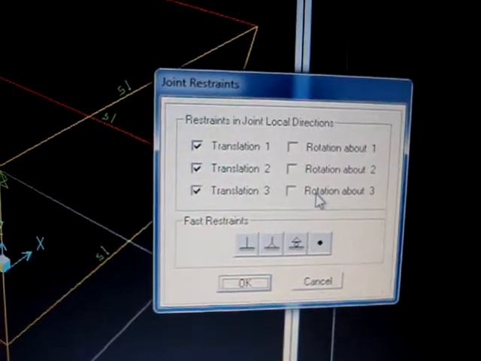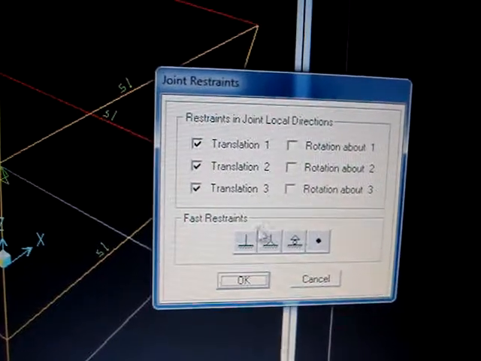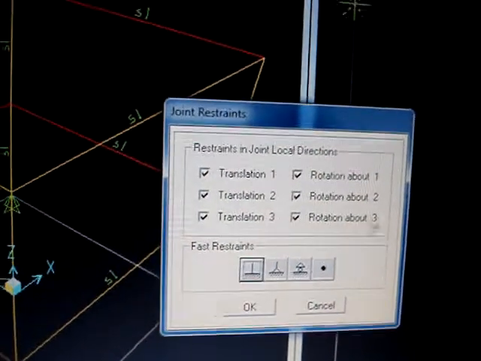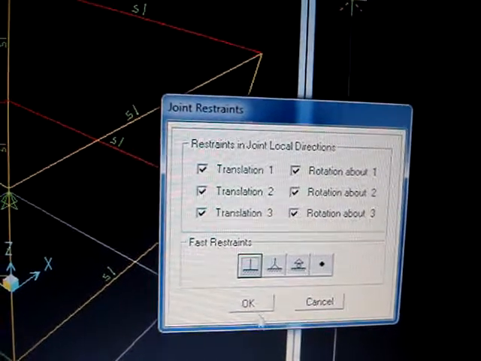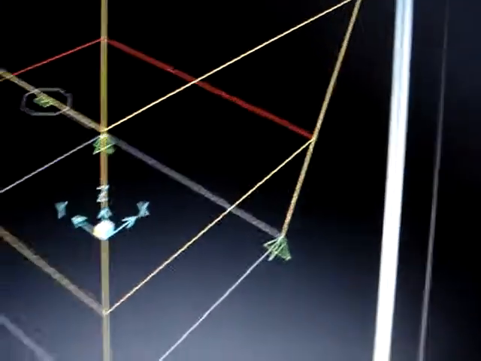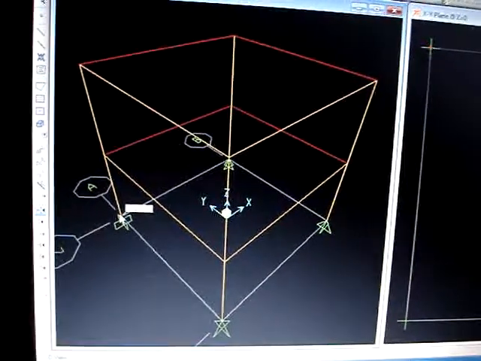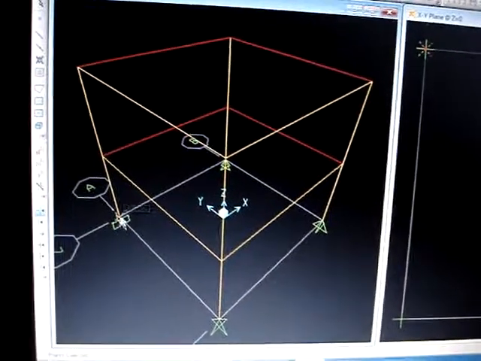Just for example, in a column base connection, it will most probably be a fixed joint, where the rotation and translation everything is fixed. So you can just do it. Okay, now you can see this joint which you had selected initially has now been converted to a fixed joint.